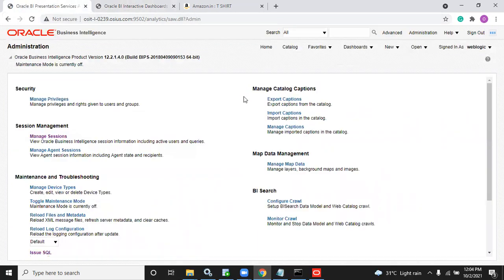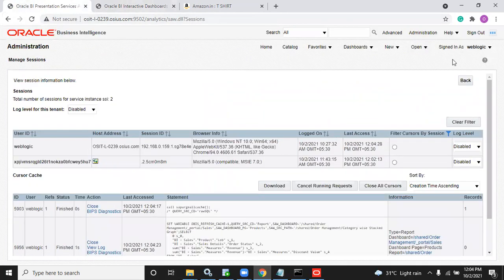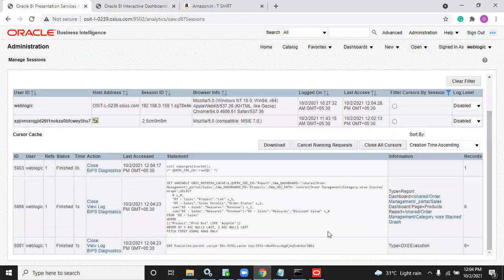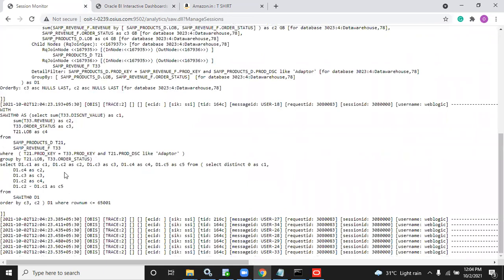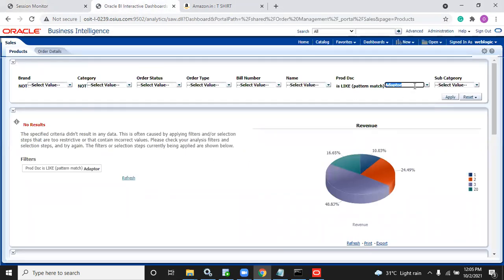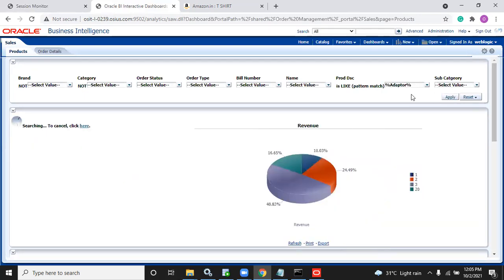Let's see now, the latest query you can take now. In administration, manage sessions. Yeah, this is the query. You got like, but you did not get the percentage. But you should get the percentage also. Why is it not getting the percentage? Basically, like this, you will always get the percentage, right? You are getting the like operator, but you are not getting a percent sign here. So let me write the percent, but generally we will get the percentage also. I will check why it is not getting. Okay. As of now, you can write like this. Okay.